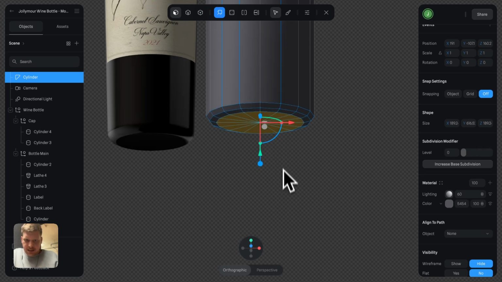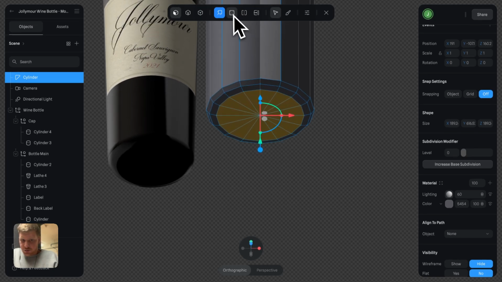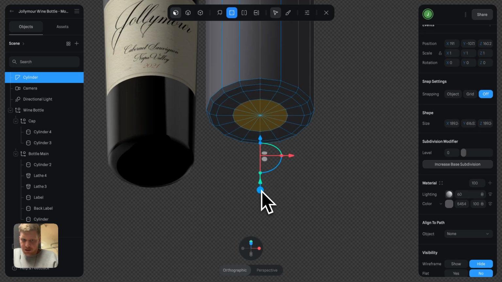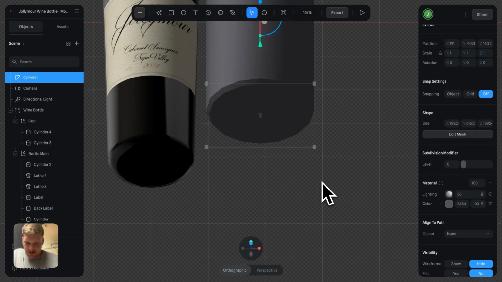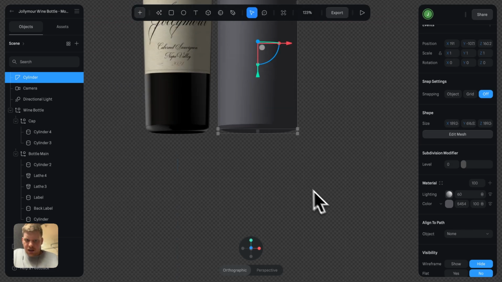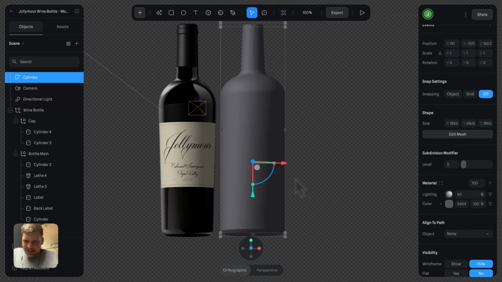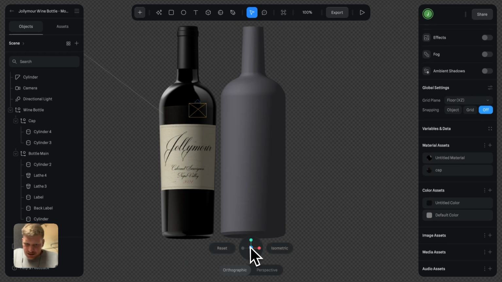Okay, great. Then we're going to use the inset tool. So I'm going to click inset and drag down, and then I'm going to click the extrude and push it up slightly to create that nice bottle indent that they have, those wine bottles there. Okay. So you might be looking at this and thinking, yeah, it kind of looks like a wine bottle,